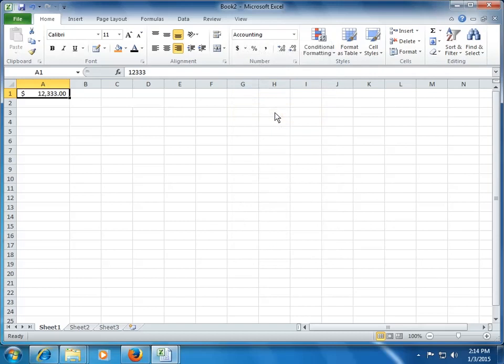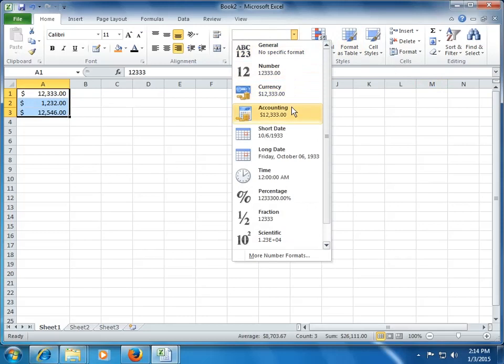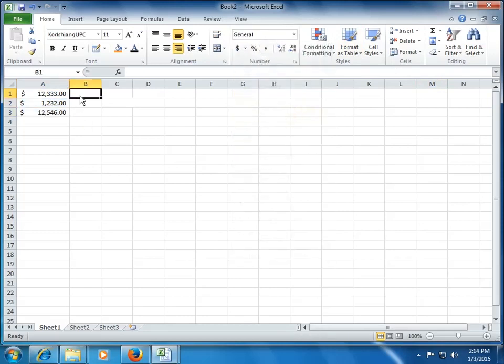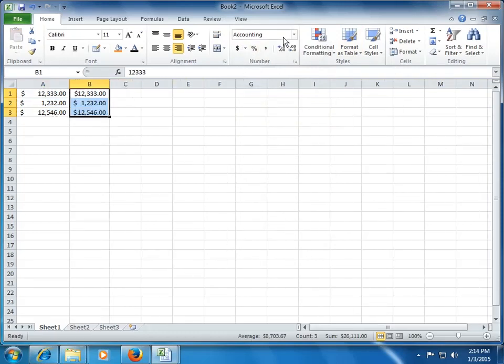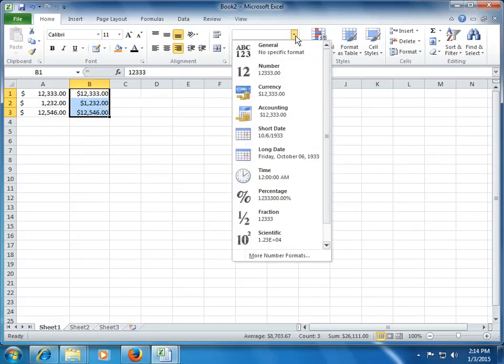The only difference between accounting format and the currency format is that the accounting format, as we will see, aligns the currency denomination on the left hand side, unlike the currency format which doesn't do that. So you can see here that the dollar is aligned to the left, while here the dollar is just attached to the number below.